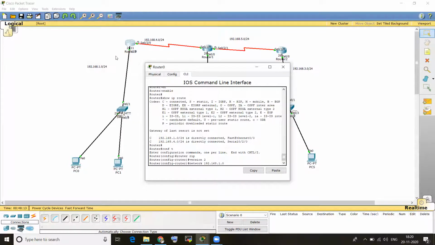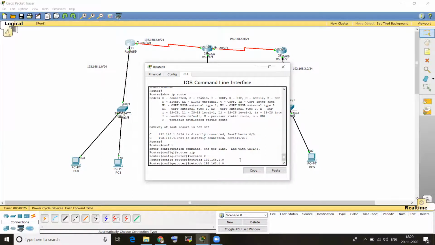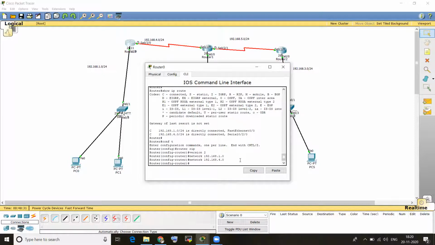We have to take only the directly connected networks. For the first router, two wires are connected, the 4.0 network wire and the 1.0 network wire. So I entered the 1.0 network, enter, then network 192.168.4.0, enter, then exit.